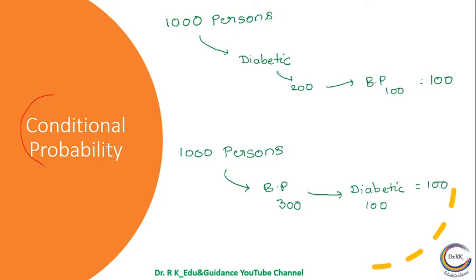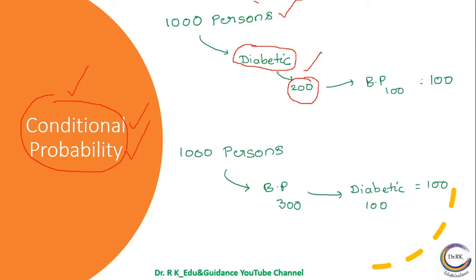So what we do is we'll go for one concept called conditional probability. Right? We already discussed probability. So now what is this conditional probability? Now consider an example. 1,000 persons are there, right? So there are two things we are doing. One is we are asking these 1,000 persons to go for a diabetic test. So the diabetic test is performed on 1,000 patients, and the output is that out of these, 200